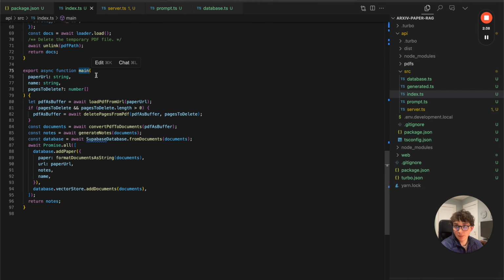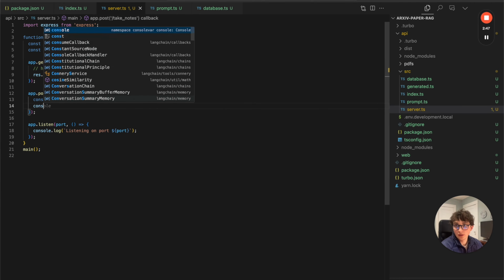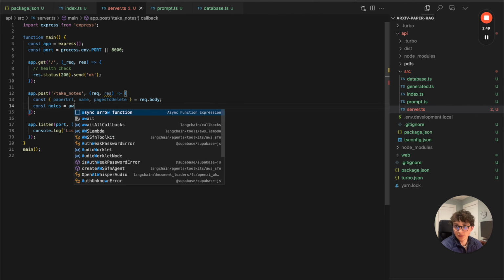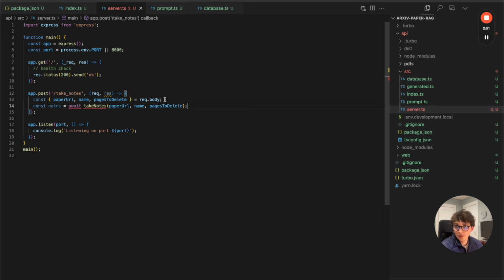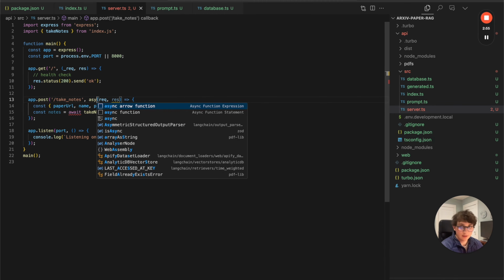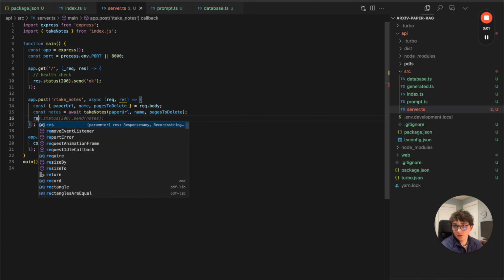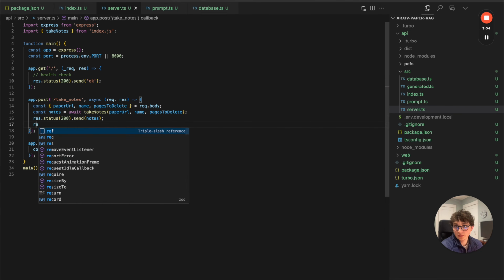Make sure this is exported. We'll rename this to take notes. So now we can import our take notes. We'll say const notes equals await take notes, and we can import this. We also need to make this async. And then once this function runs, we'll just say return response.status 200.send notes, and return, so that it doesn't